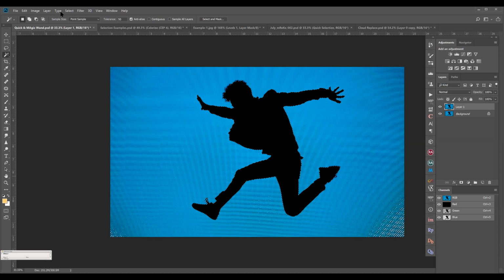Or what I can do, I can just click my quick selection tool and I will increase the brush size and I will select like this, and the selection is done. So these are different ways to do this. When there is a strong difference between the subject and the background, you can either select the subject or the background. For example, if you want to select the background, you have to just select this and just run over the background, and the background is selected.